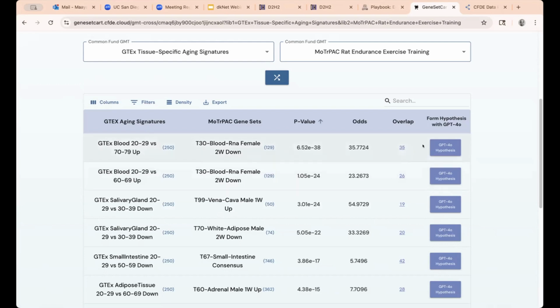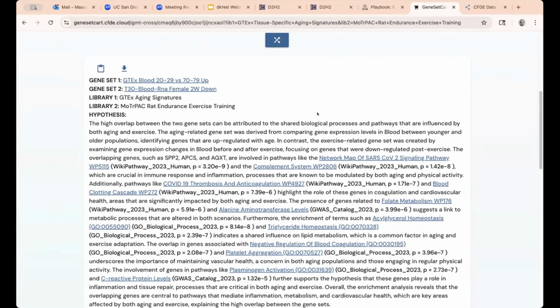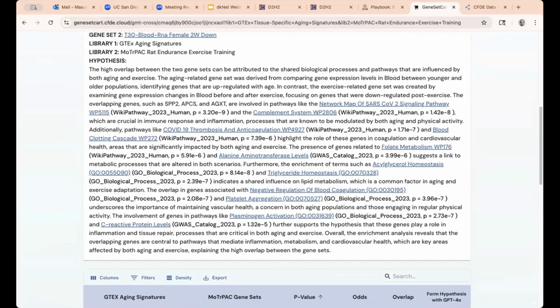What we can do is click on this GPT hypothesis and see a little bit about why those genes are potentially, what are they doing? So what is common about those genes? So those gene sets, the overlapping set of 35 genes, is submitted to Enrichr. And then we also submit an abstract that describes the MoTrPAC data, and an abstract that describes the GTEx data. And then we ask ChatGPT to give us an explanation of why there is such an overlap